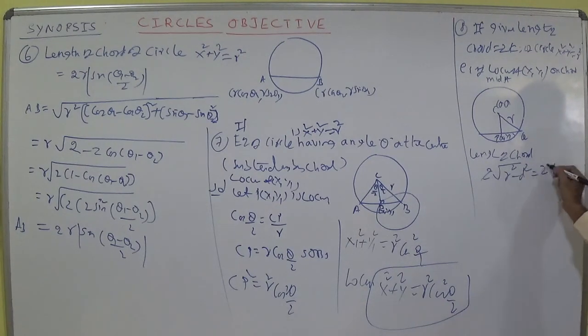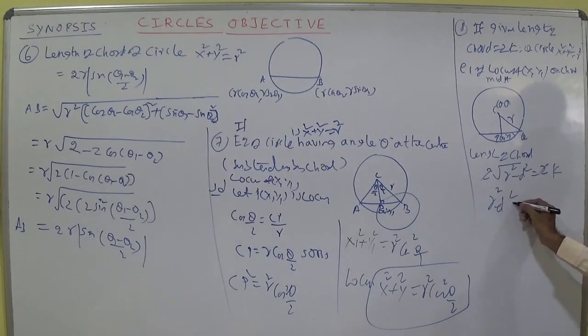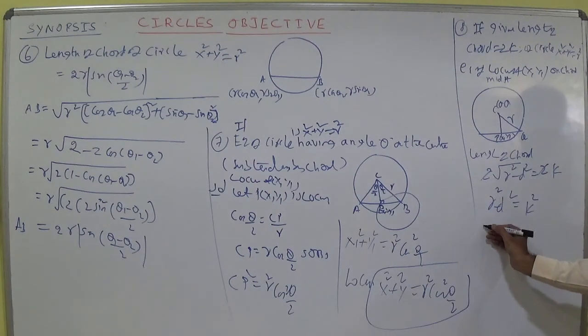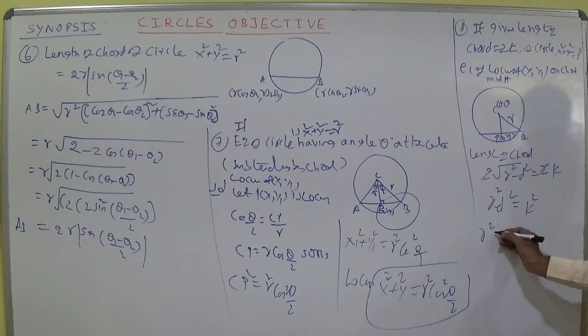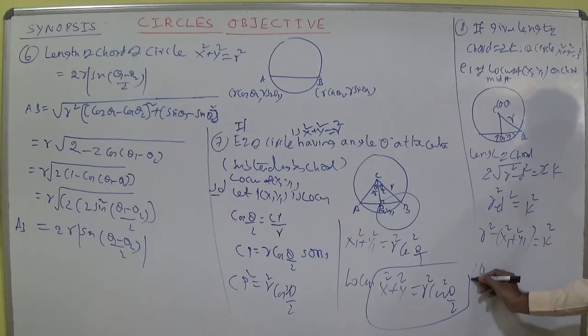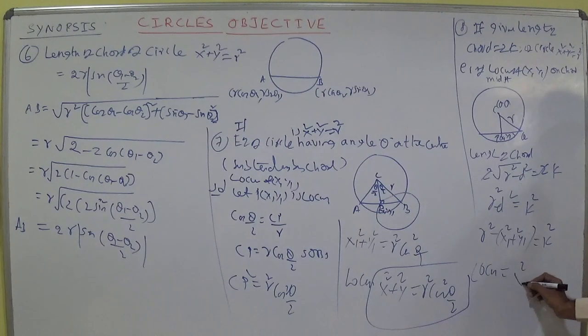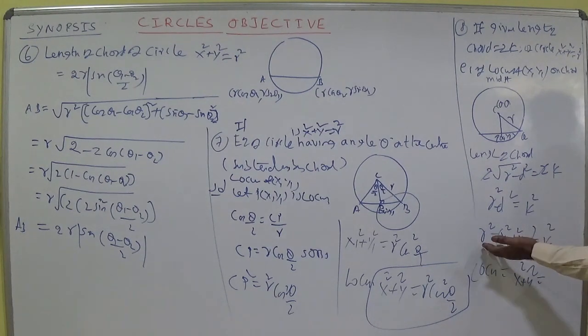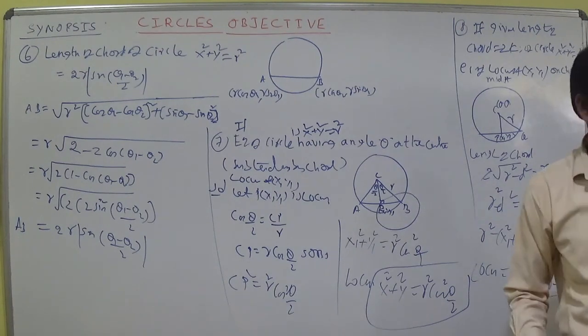That he given as 2k, the 2 got cancelled. R square minus d square is equal to k square, you think. Now what is the d? Of course it is nothing but CP. What is C here? Center 0, 0. So you can write r square minus x1 square plus y1 square is equal to k square. The locus we can write as x square plus y square. This one taken this side. This is r square and d square is equal to k square. This one taken this side. It becomes x square plus y square is equal to r square minus k square. It is the equation of locus.